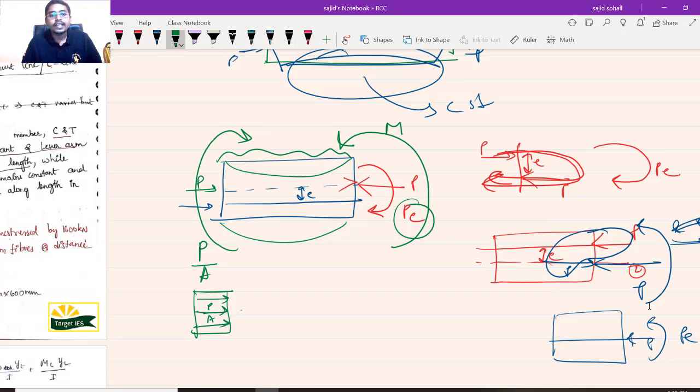So let me draw like this, plus at the top, let us see what is happening at the top. You can clearly see your PE moment. It is in tension at the top. At the bottom it is trying to compress. You can see the arrow, right? At the bottom there is compression, at the top there is tension. You can just see and say. So at the top it is in tension, at the bottom you can see the arrow where it is pressing, it is compression, right? Very simple. So here I got compression, at the top I got tension.